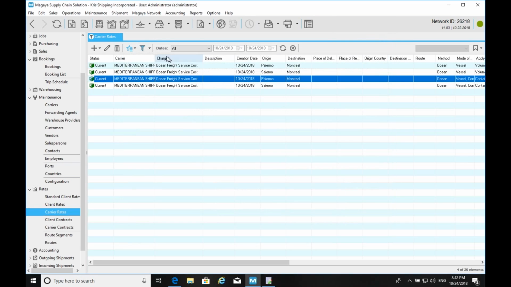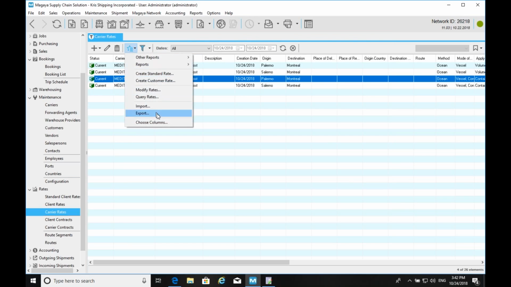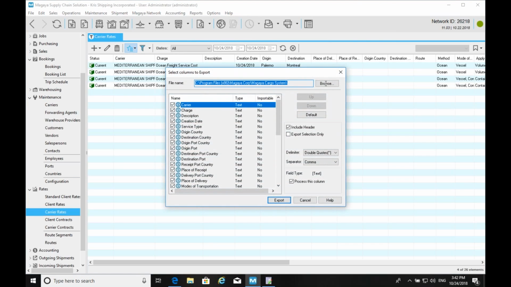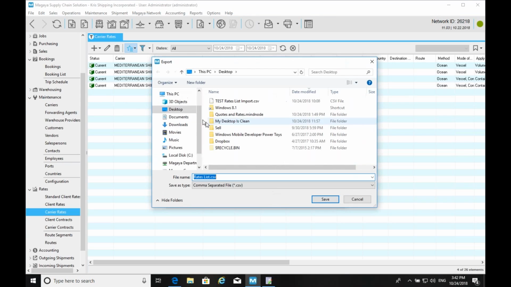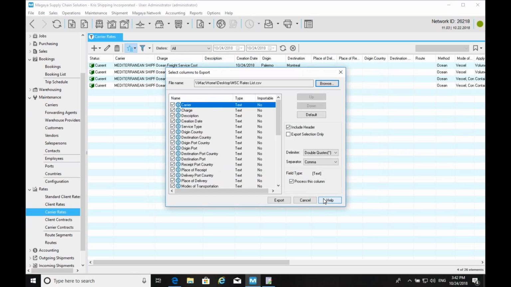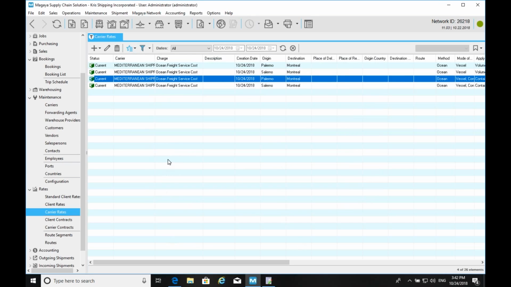Okay, so let me just export it to a CSV file. Let's call it MSC rates list. And it's exported.